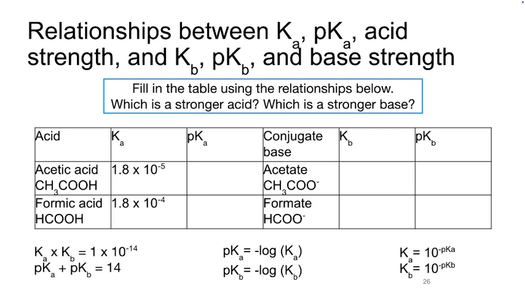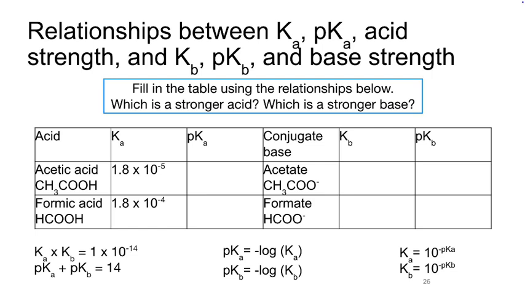So, relationships between all of our K's. We've got a table here. We want to start filling in that table using the relationships below. As you go through and fill it in, try and identify which is the stronger acid and which is the stronger base. Same deal, blue box. Start working and putting some stuff together. This does involve a calculator,